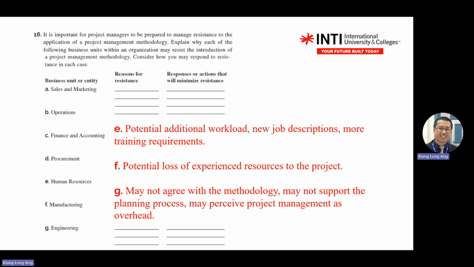So you have to put yourself in the position of a project manager and a manufacturing manager. If a PM asks, you will be losing some good resources, including your staff or some good equipment. Maybe you need to share the equipment. Engineering might not agree with the way you do, because engineering people are trained to operate in a certain way, with a certain equation or guidelines.